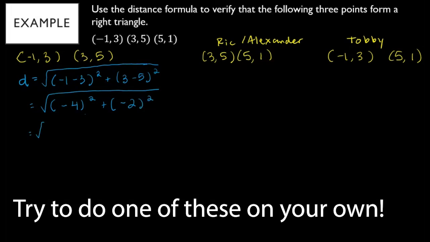Welcome, Alexander. I saw that you were joining. We have split up the work of the distance formula here so that everybody gets a chance to practice it. The formula is D equals the square root of x2 minus x1 squared plus y2 minus y1 squared. If you want to give a stab at the middle pair of points,